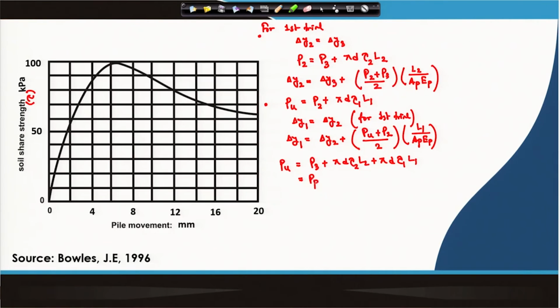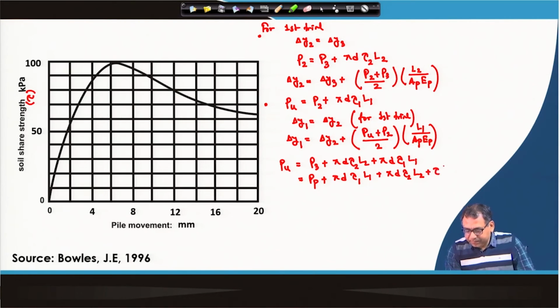So, this is P p plus pi d tau 1 L 1 plus pi d tau 2 L 2 plus pi d tau 3 L 3. So, this equation will be P p plus,